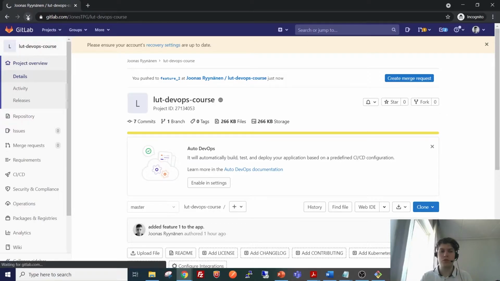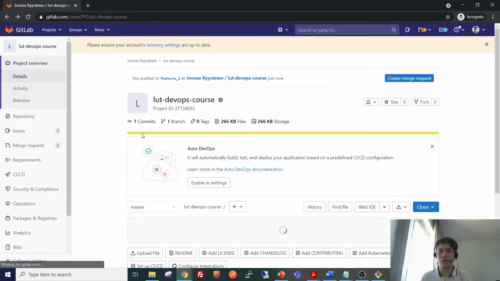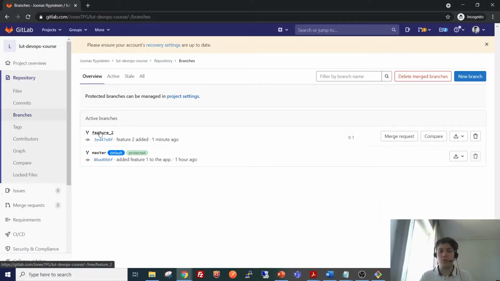Let's see. It only shows one branch. Well, I guess there's some kind of a bug. This shows only one branch, but the feature 2 branch is indeed here.